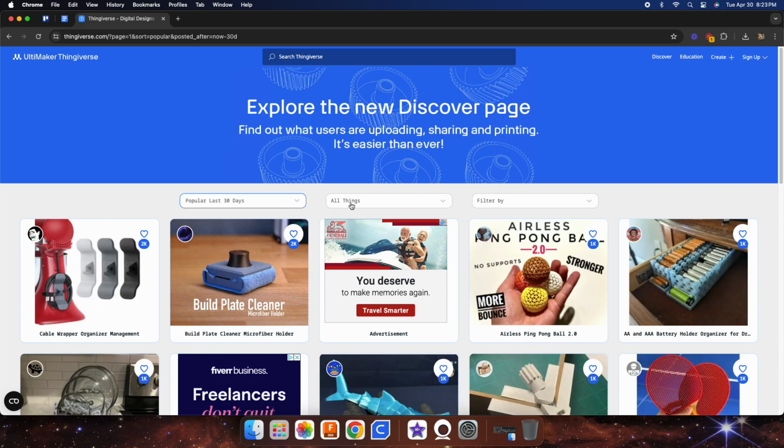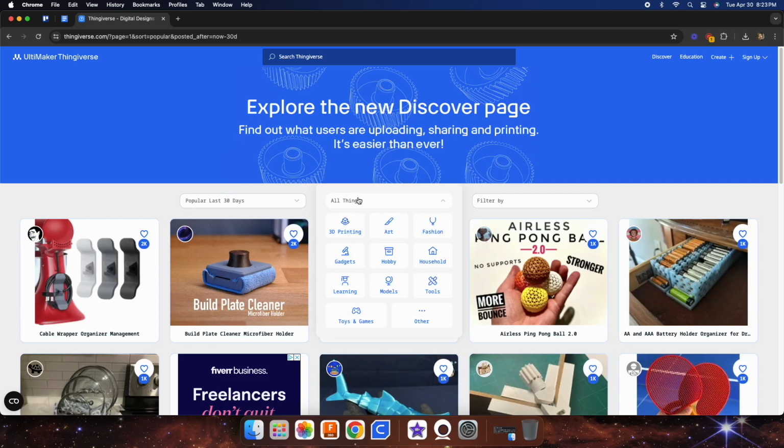If you go to all things, click on this, you can pick different categories of things. So let's say I wanted to make a chess set. So what does that fit into? 3D printing, gadgets, learning, models, hobby, art. Probably fits into toys and games. So if we click on toys and games,